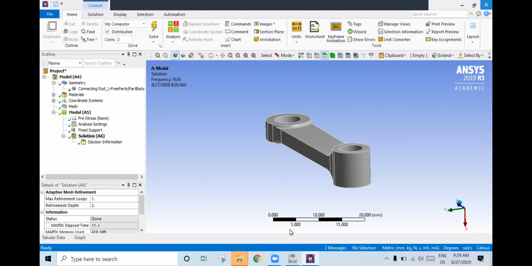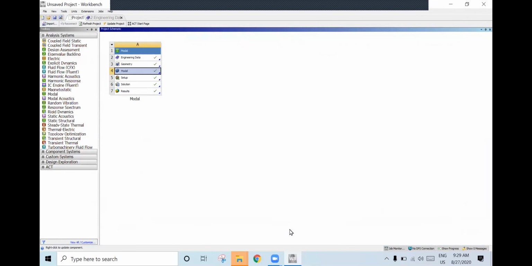Next we will see how to perform buckling analysis. Before that, we should understand what buckling analysis is. Buckling analysis is nothing but a larger deformation due to a small load, and the material may fail.